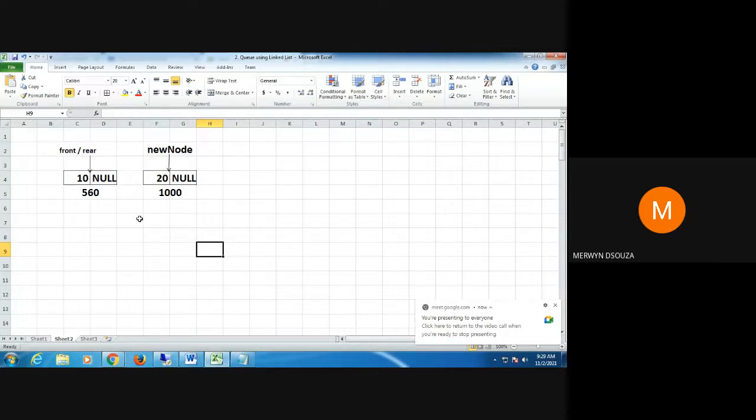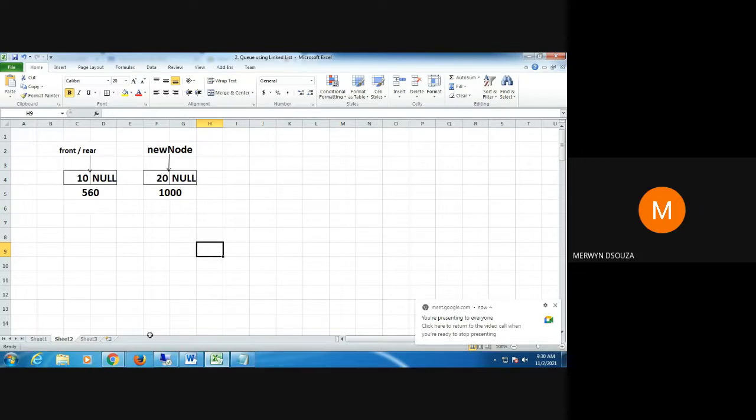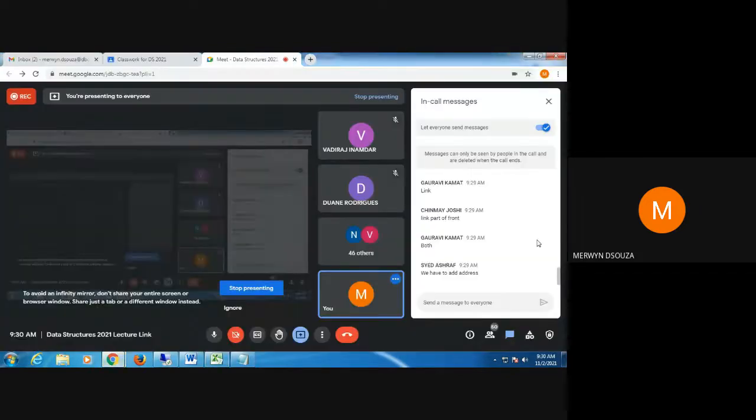What is the other change that needs to be done? Is the diagram looking like a linked list? What change needs to be done in the program to make it look like a linked list? We have to connect them. Correct.